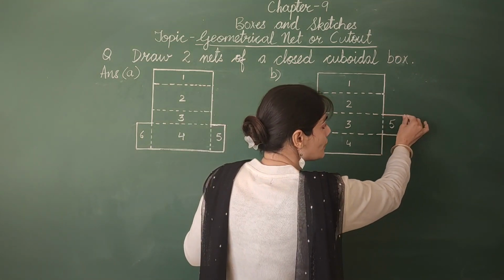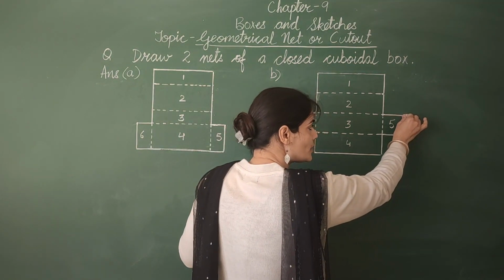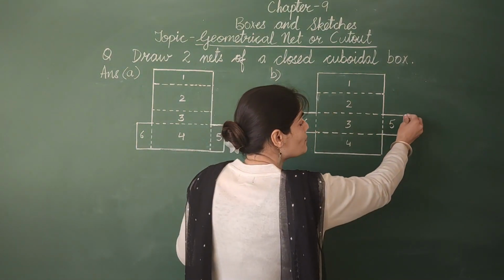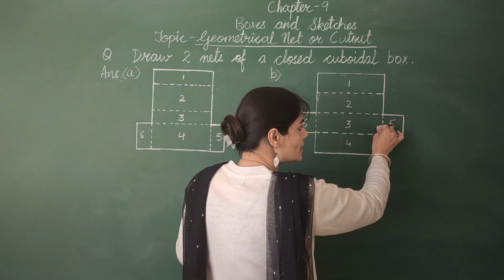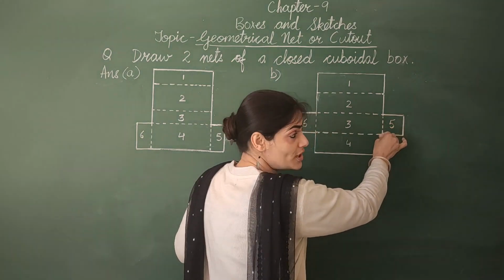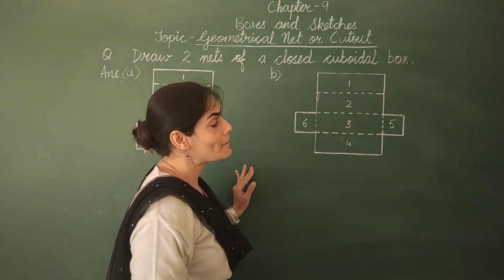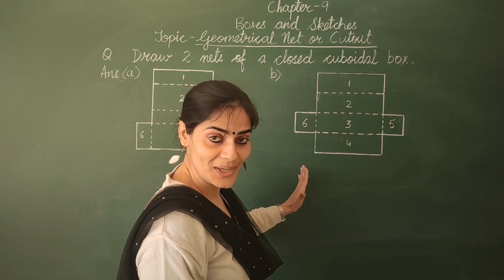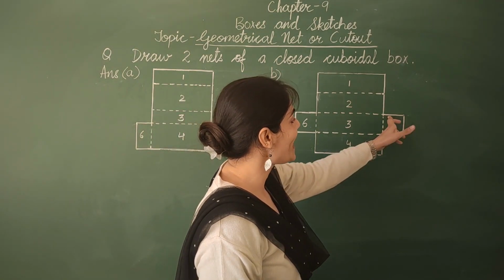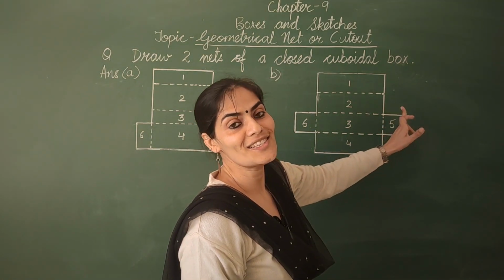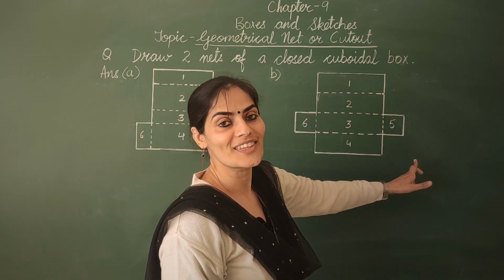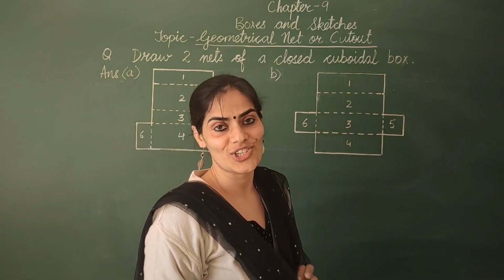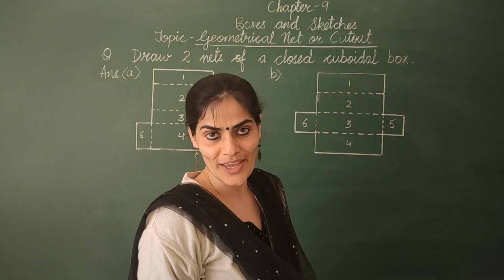So the length of the side face will be equal to the breadth of face 2 or face 4. And the breadth of this face will be equal to the breadth of face 3 or face 1. But here, as the breadth of all the 4 faces is equal, that is why the length of the side face is equal to the breadth of the side face, and they are square in shape. I hope it is clear to everybody.